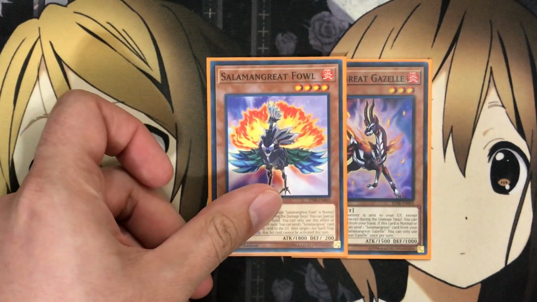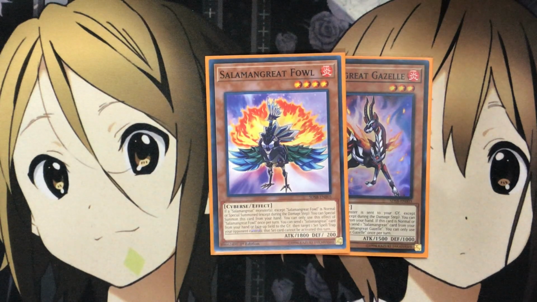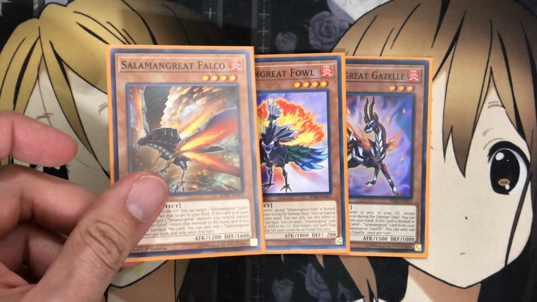I also run 1 Salamangreat Foul. Depending on the type of decks I play against, Foul could also be a potential card I side out, just because it helps with the additional summoning onto the field and also shutting down my opponent's back row. But other than that, just in here for the additional spot to have different Salamangreat cards also, and the 1